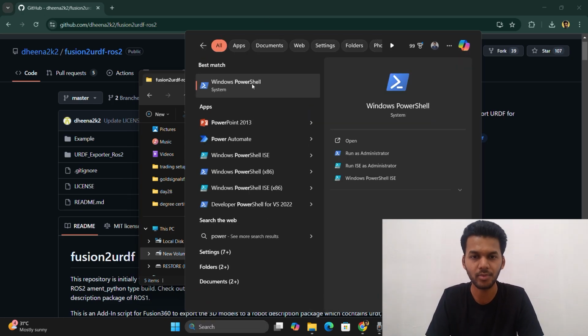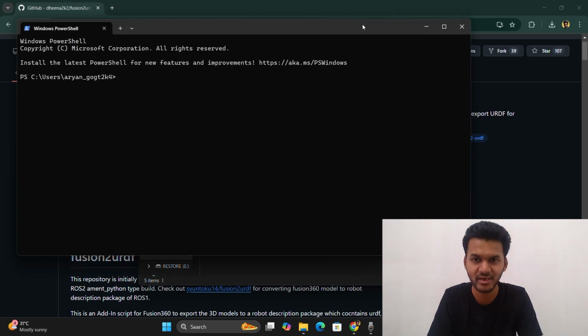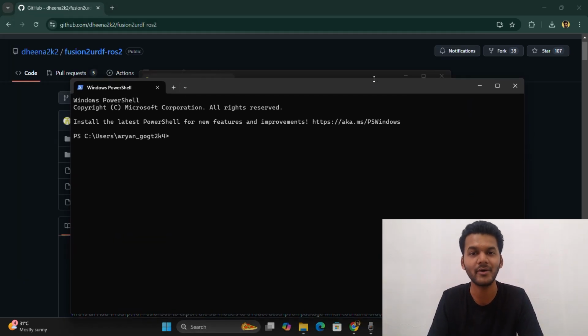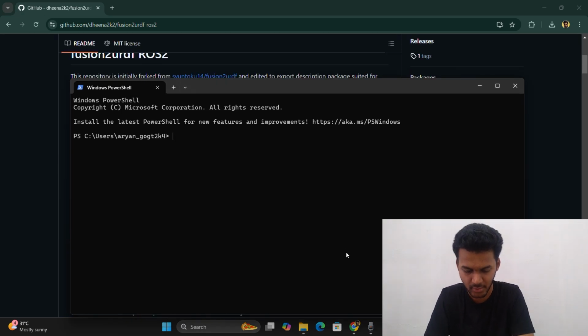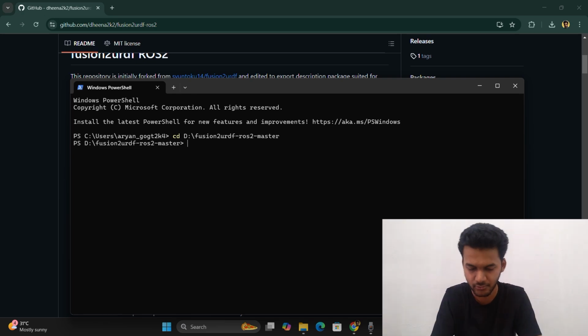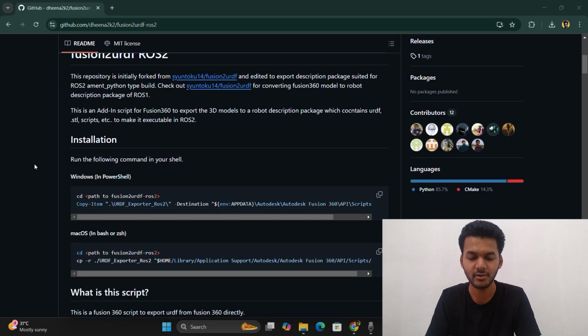Okay, so we have opened the PowerShell, and here we have to navigate to the folder where we have extracted the plugin. The extracted folder is here, Fusion2URDF ROS2 master, and you have to open this main folder and see where the URDF exporter is visible. Okay, so in this folder it is visible here. I will get this folder's path, simply copy it from here and then paste on the terminal. So we will navigate inside it, just type CD in front of it, and yeah, we are inside that particular